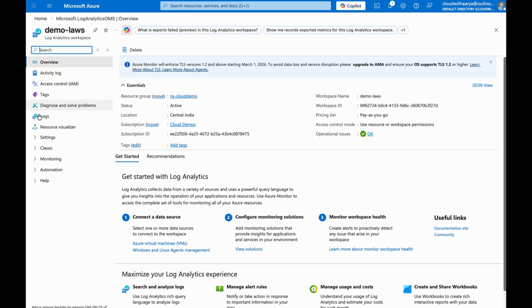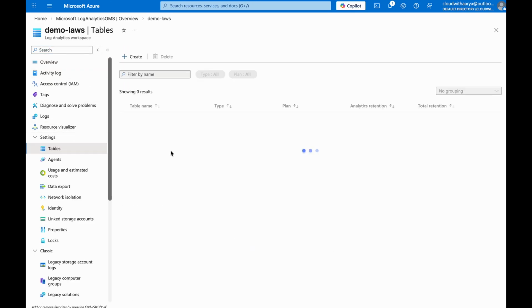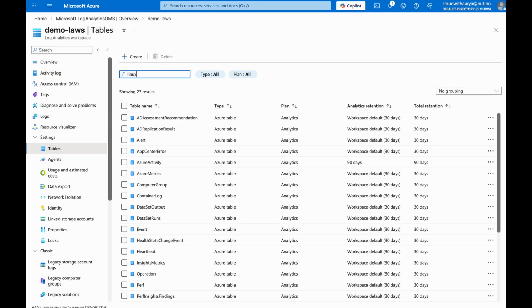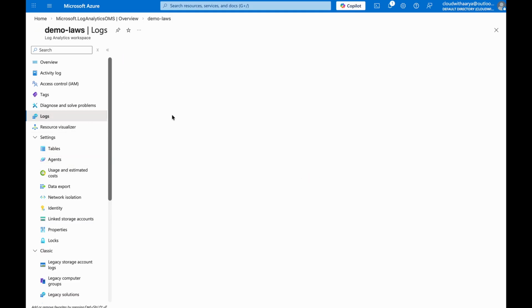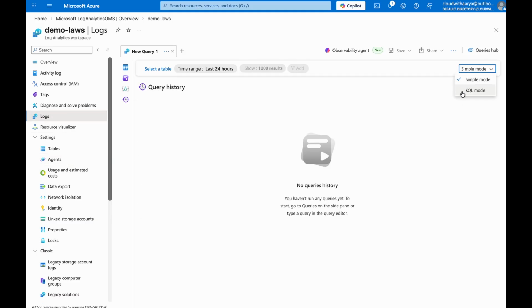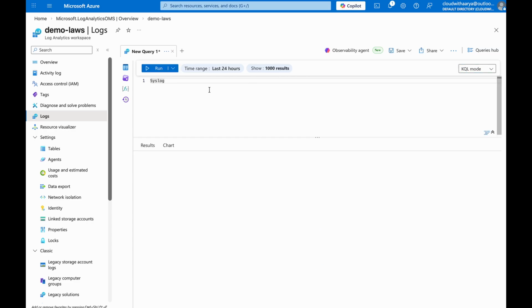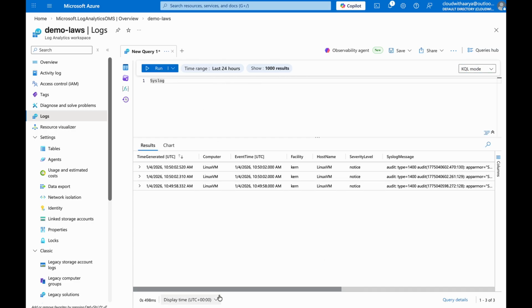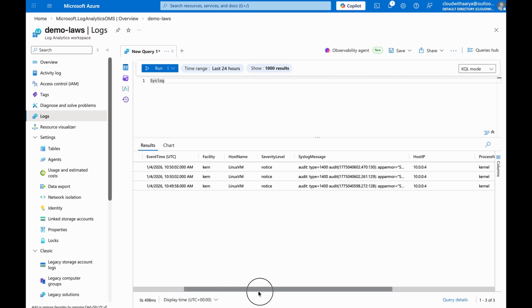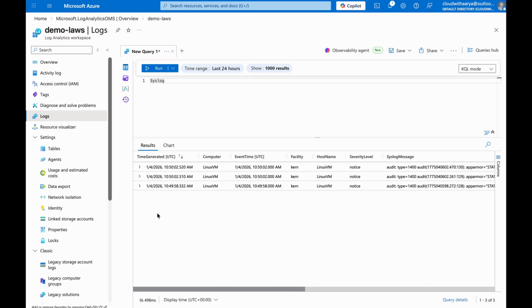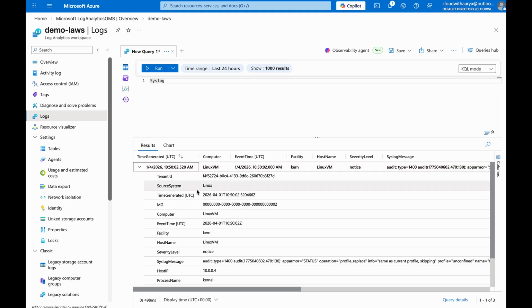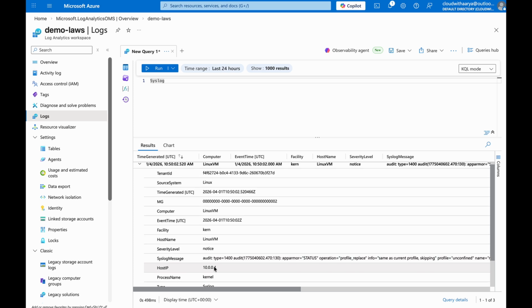So in the workspace, go to the table. We would see a table here named with the logs. And if you go to logs, then run, you can see the data is being collected, right? You can see the audit syslog message, audit type. If I expand one, we have information like source type Linux, the syslog message, and then the host IP, kernel,